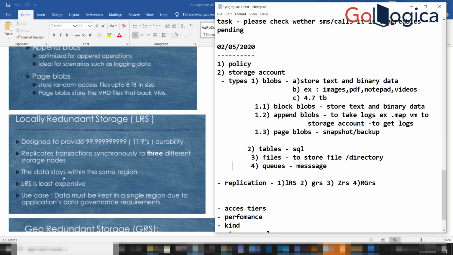And moreover, if you're creating a storage account based upon LRS, the data stays within a single region. Whatever you're creating, the data should be available in that particular region. You're not able to retrieve it from other regions because they designed it for data governance. And moreover, the data which you are storing will be split into three different nodes